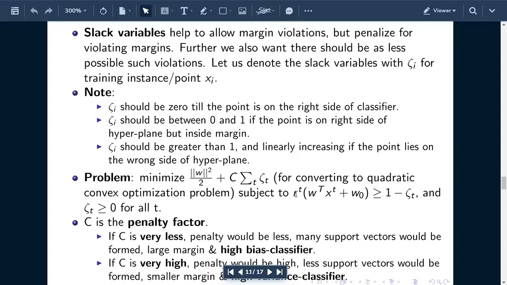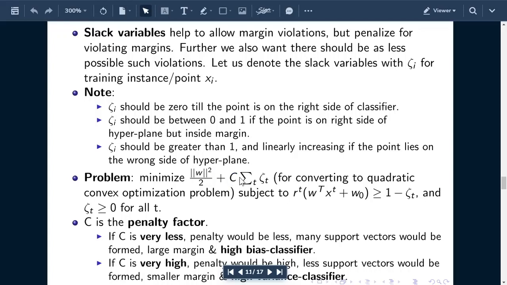So our constraint is going to be rt into g of x should be greater than 1 minus the slack variable, and the slack variable should be greater than 0. Cool enough. Now I am introducing the slack variable to penalize them. This is the main tagline or the hashtag thing you can say. I'm introducing slack variables for penalization. Okay. So let's say I define this slack variable. So I have to add it into the objective function. So this c is some penalty factor. I would just repeat it again.